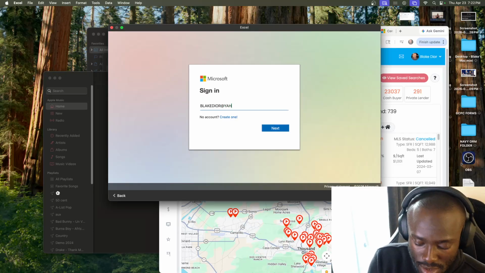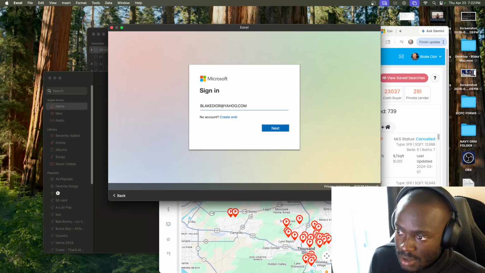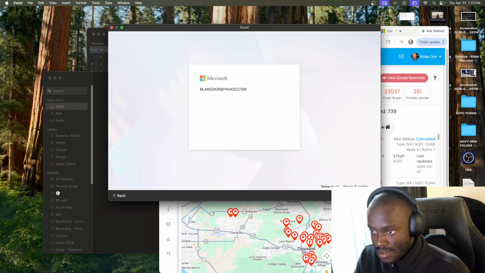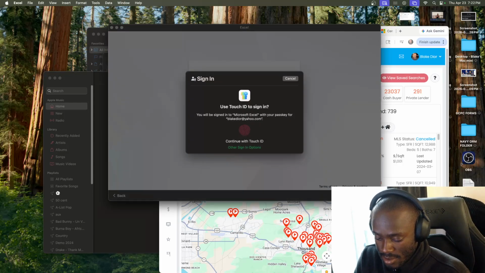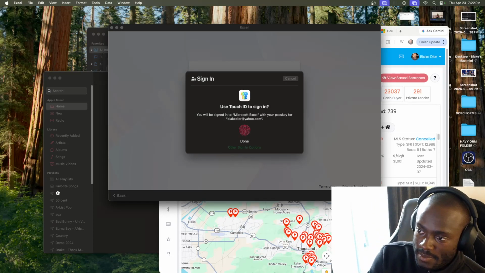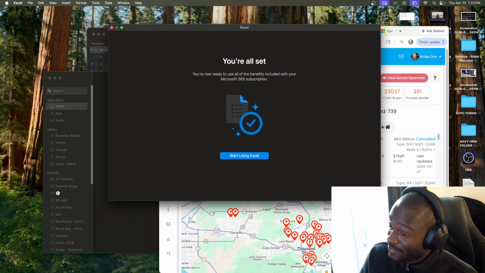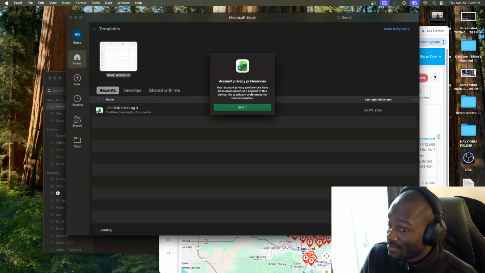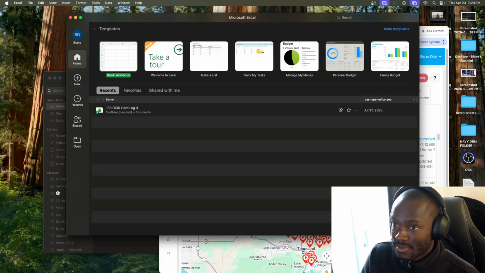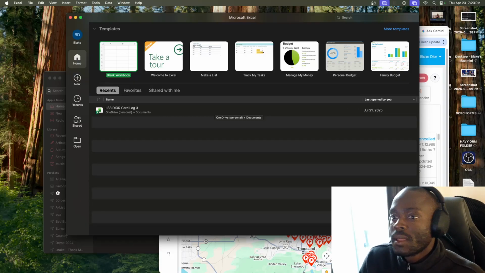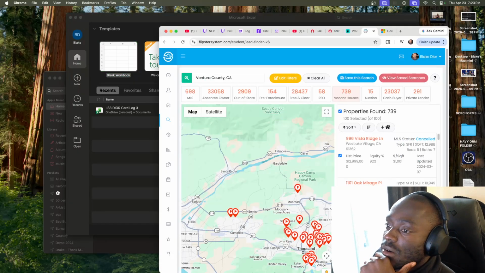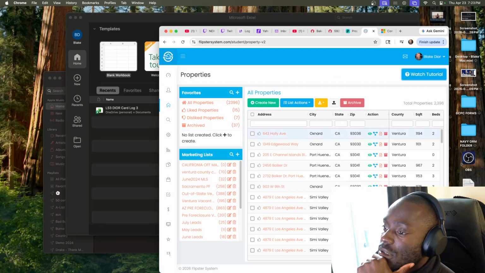I just got to be patient. That's what it is. All right, so we got in Excel, and that file should have already been saved to my dashboard.